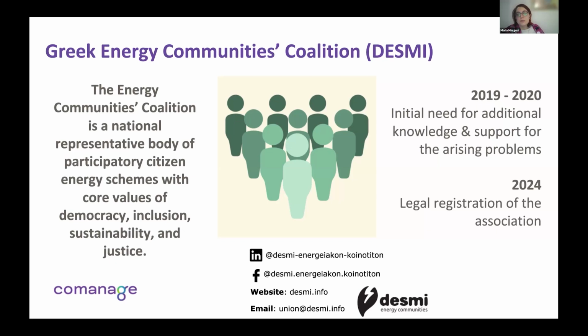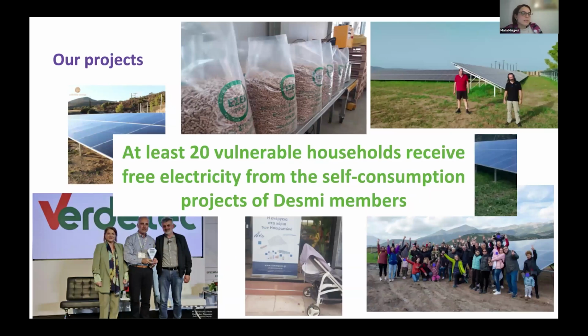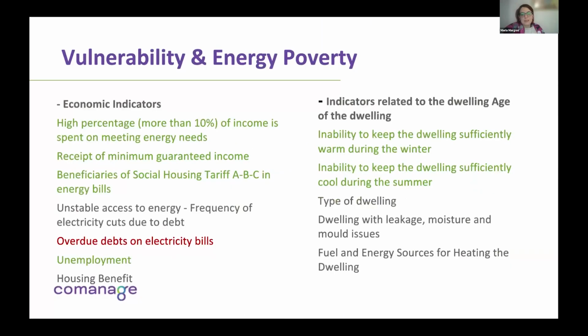And in 2024, it was the legal registration of the association. In the next slide, there are some of the energy communities and other supportive organizations of energy communities in Greece that are members of DESMI. We have several projects going on in Greece, and we managed to include in the projects of the energy communities 20 vulnerable households which receive free electricity from the self-consumption projects of the members of the association. However, and I'm closing a bit,